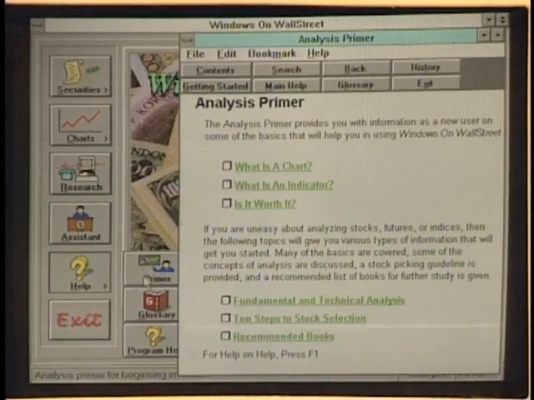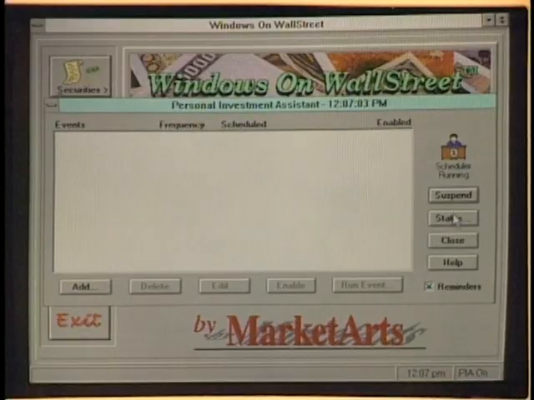All right, now one other thing you have in here, you have some sort of automatic assistant that will automate the process of downloading updated information so I don't have to do it manually every day, right? That is correct. Let's take a look at our personal investment assistant. He's currently up and running, but had we just opened this, he would have awoken at that time.